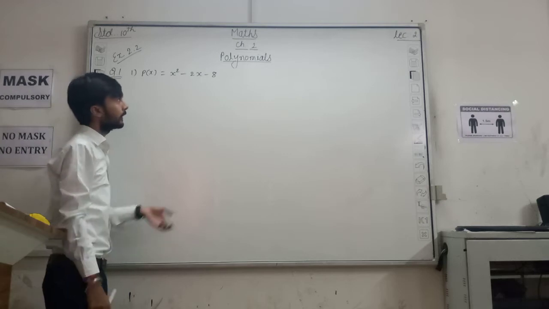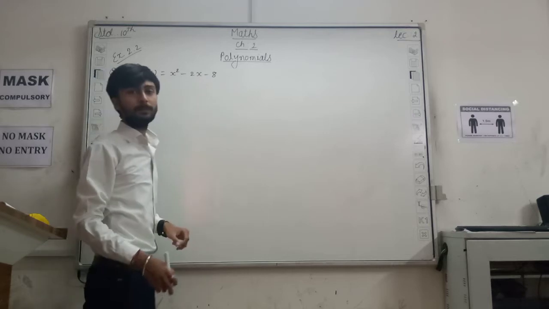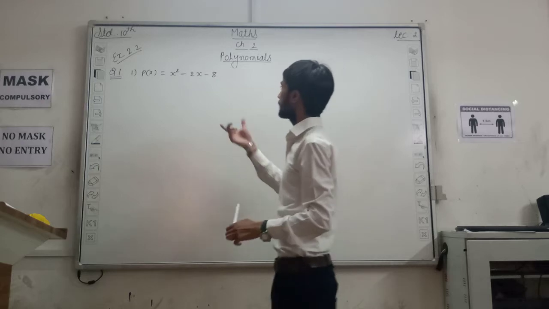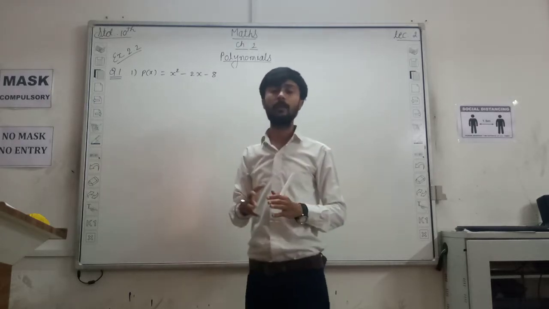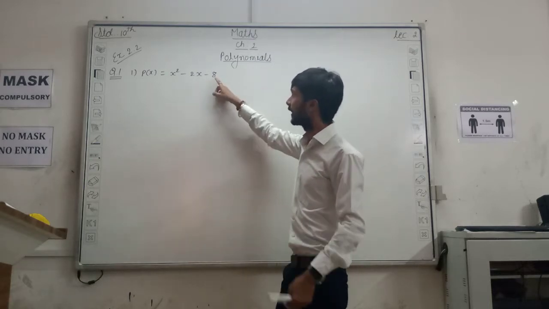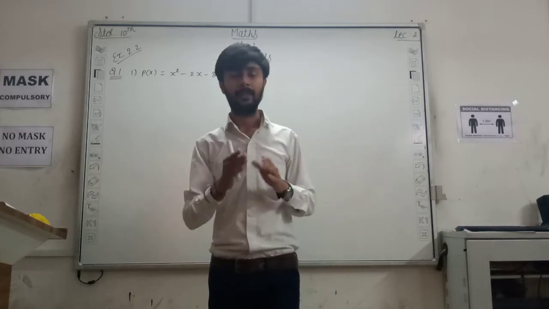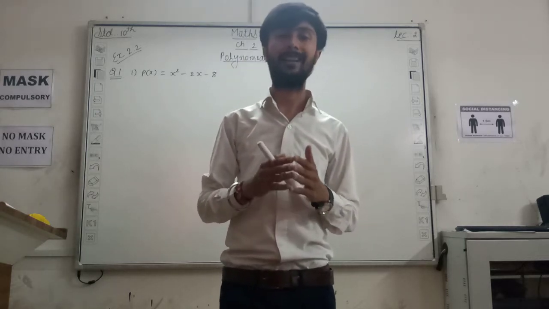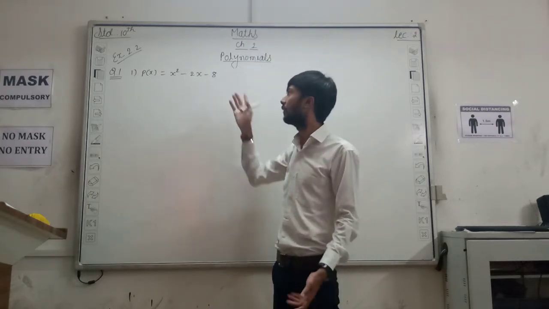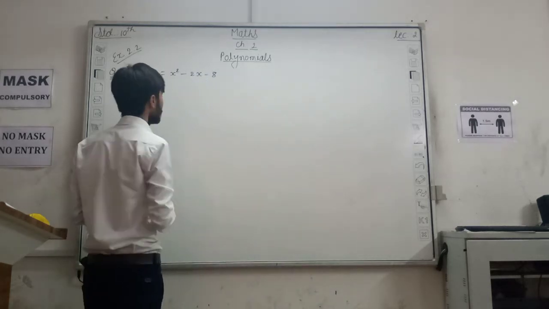Now we know x square minus 2x minus 8. 8 is not a perfect square number. If it were, we could convert this expression in the form of a minus b whole square or a plus b whole square. But here there is minus, it should be plus. What is our identity? a minus b whole square is a square minus 2ab plus b square. But here minus, and also it is not a perfect square number. So we know how to factorize this type of terms.